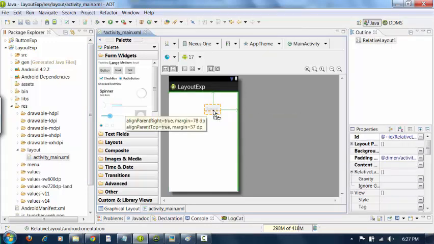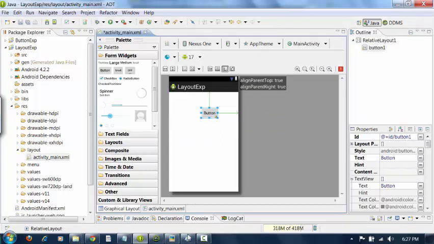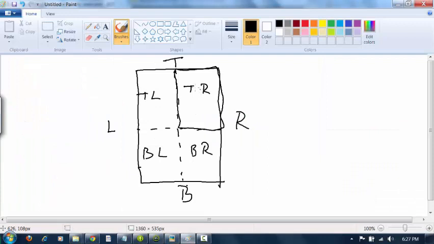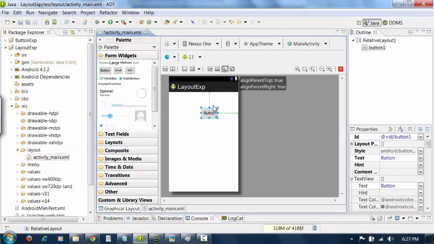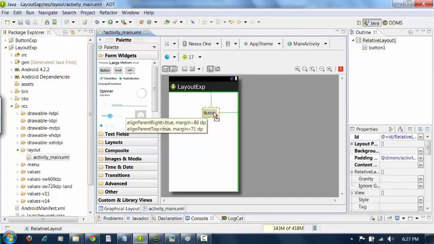Now if you are keeping the component in the first quadrant, it is nothing but your top right quadrant. You can see it is showing some lines from top and right. It means if you are placing a component in this quadrant, then you have to define a margin from top and right.